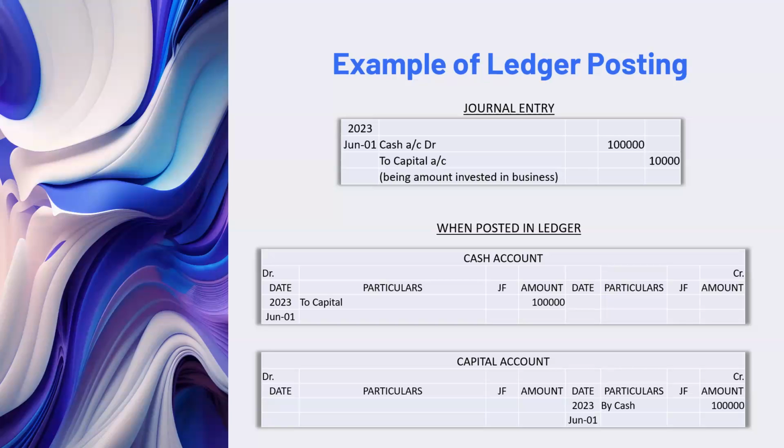And the other important thing is you have to see it in the money value. If you can see, cash is recorded in the credit column. It means cash has to come into the business, so it's seen as credit. And why capital is being seen as a debit is because capital is seen from the owner's side. The owner has given the money, so it's taken into the debit column. So completely opposite. When cash comes in the credit column, obviously the other entry should be posted in the debit column.